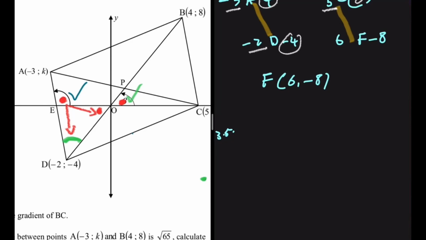We're gonna see that tan of that angle is equal to the gradient of BD. That angle will be equal to tan inverse of the gradient of BD. We calculated it when we were trying to prove that AC is parallel to BD, and it was 2. So what is tan inverse of 2? That will give you